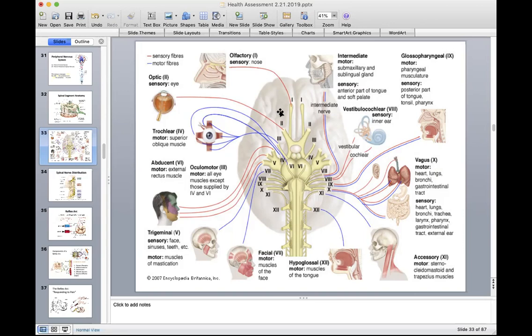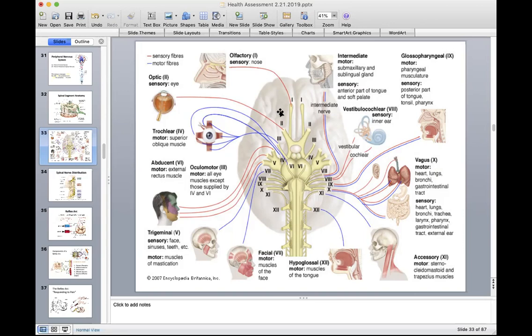If I have a Bell's palsy patient come in, it's usually from some viral infection like a herpes or something, and they have a total hemifacial weakness. That's a peripheral seventh. So I just want you to be able to distinguish the difference on that. 8 is vestibulocochlear, and that's an inner ear. So you want to look for nystagmus, and you want to make sure their hearing works. And the other thing you want to make sure is that they have good balance.